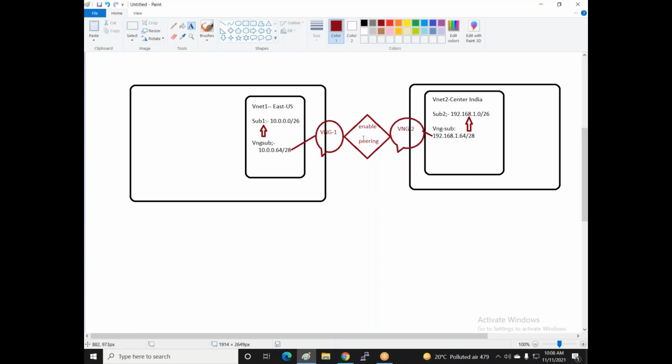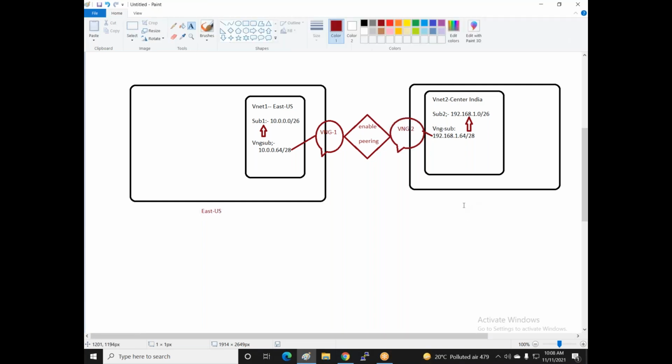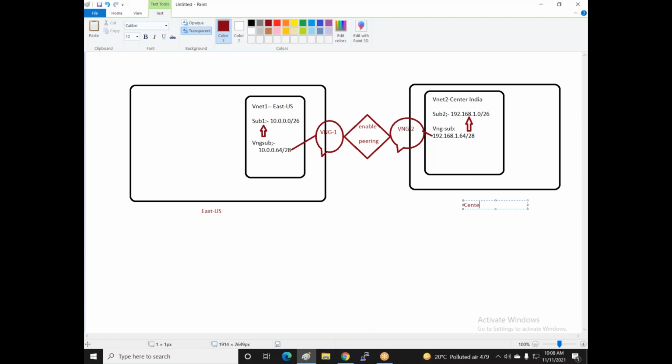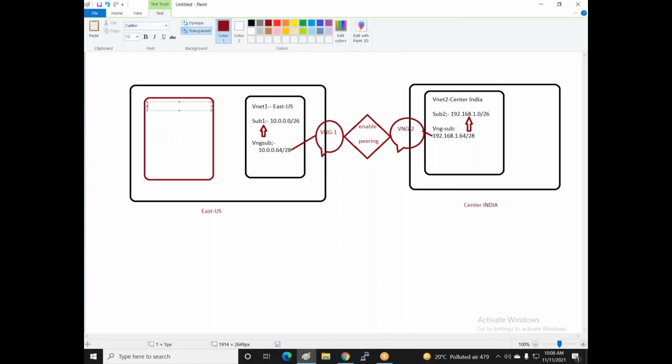So why am I enabling the VNet pairing? Because this is my East US region, and this is my Central India. Now you can see that if East US uses two VNets, one more VNet is available in this location, called VNet 3.